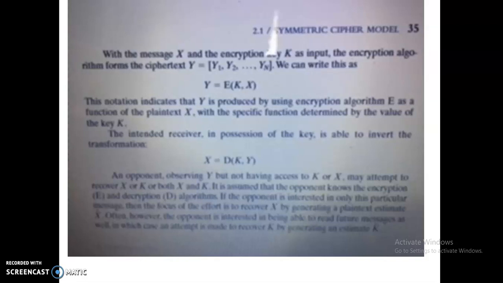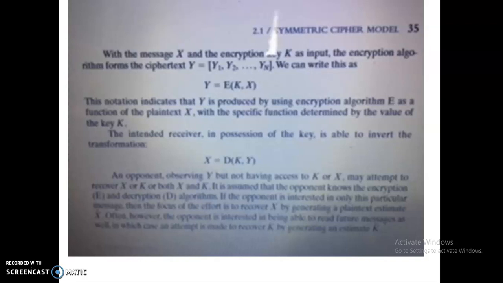For the encryption key, the key is generated by the source, and then it must also be provided to the destination by means of some secure channel. In the symmetric algorithm, the key is generated by the source, then it must also be provided to the destination by means of some secure channel. Alternately, a third party could also generate the key and securely deliver it to both the sender and the receiver.